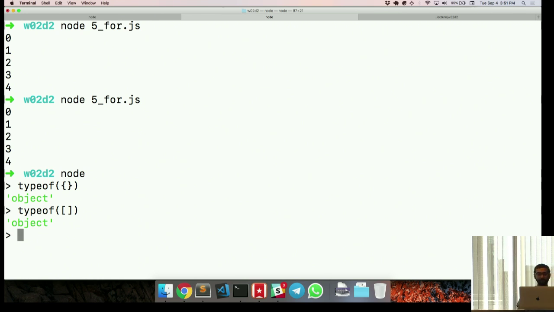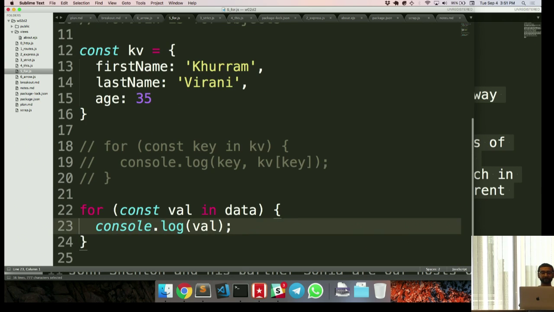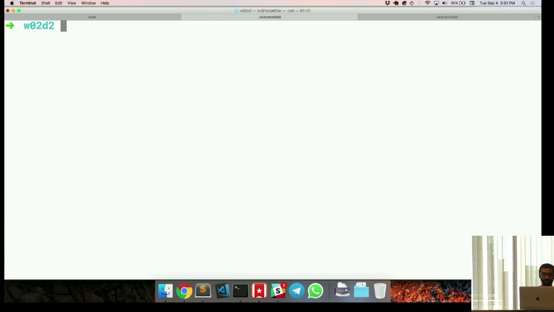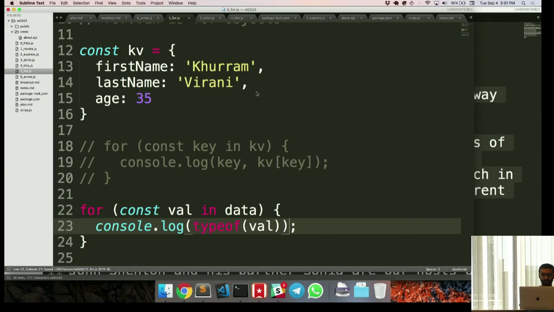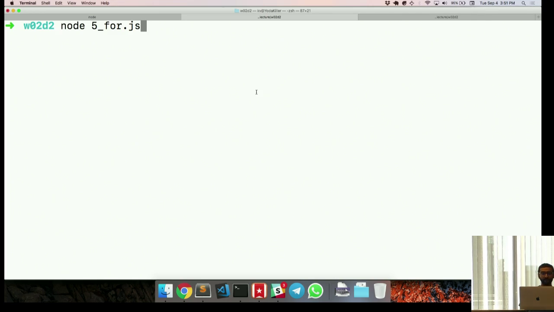Oh, interesting. So it'll actually be a string, you're saying? Oops, it's not a function. Oh, does it work? Typeof is an operator, maybe. Yeah, but this will work. So string. Yeah, you're right.